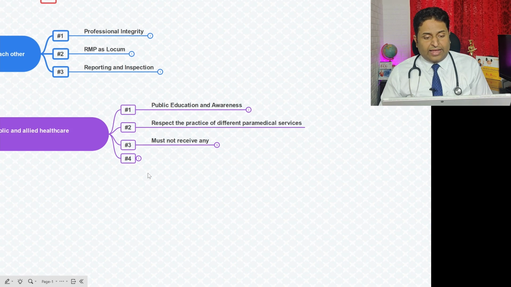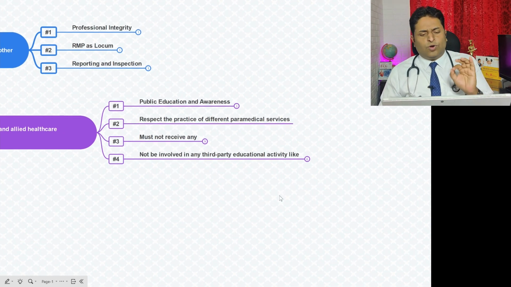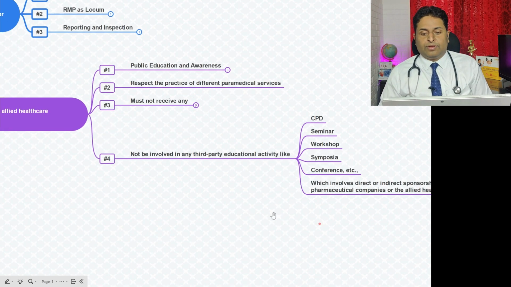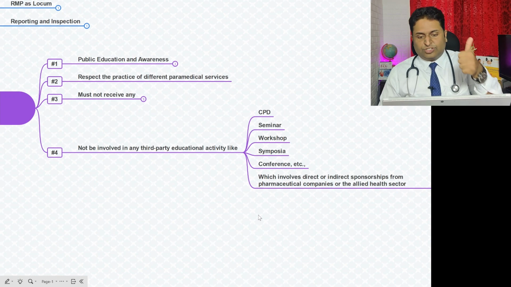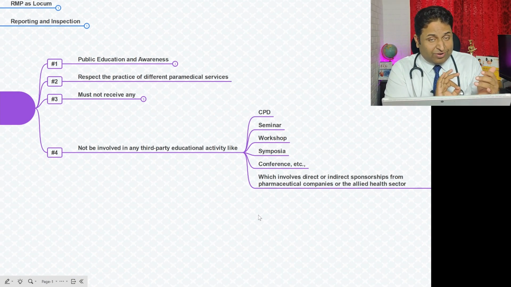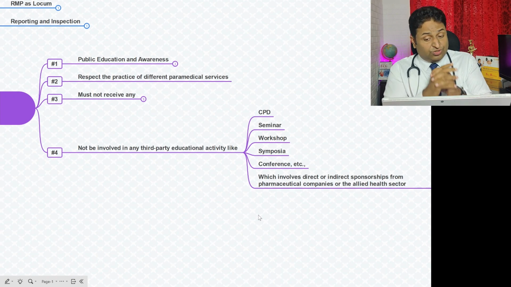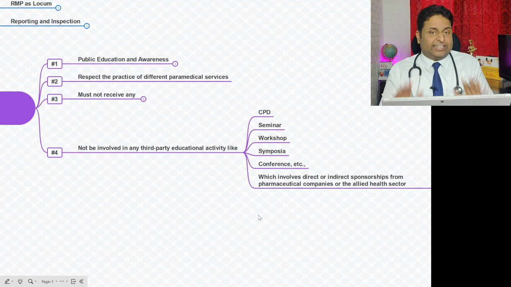Okay, right. And then we have a final point, that is not to be involved in any third party educational activities like CPD, continuous professional development, seminars, workshops, symposiums, conferences, which involve direct or indirect sponsorships from pharmaceutical companies or the allied health sectors.